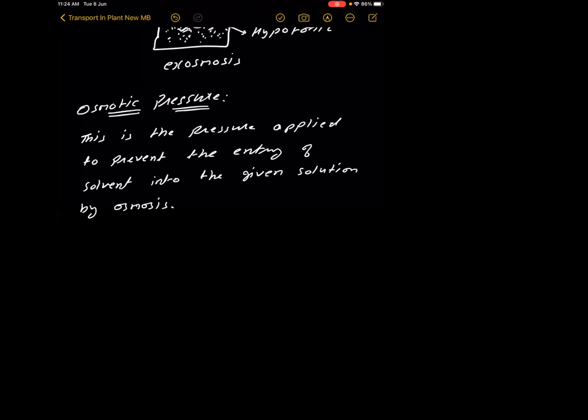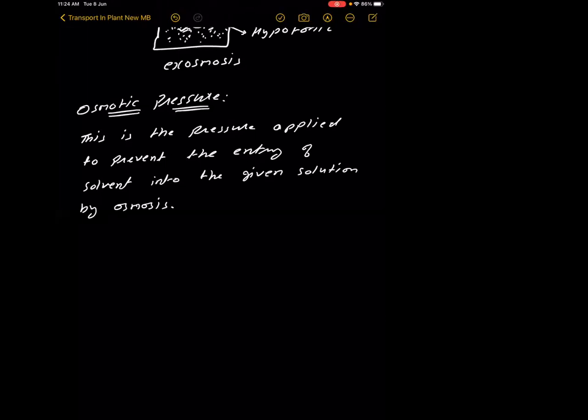Generally it is used to express the concentration of a solution most of the time. Usually osmotic pressure expresses